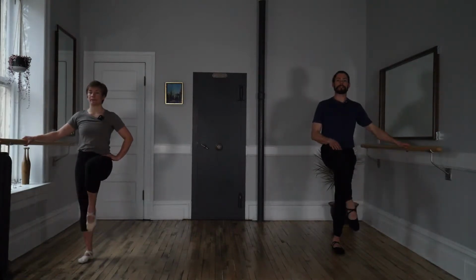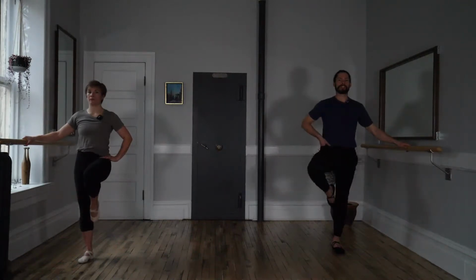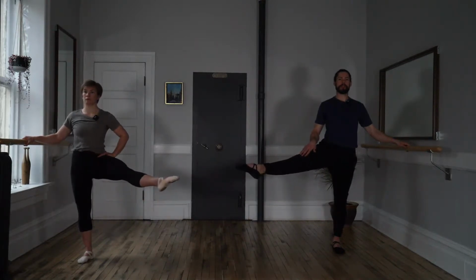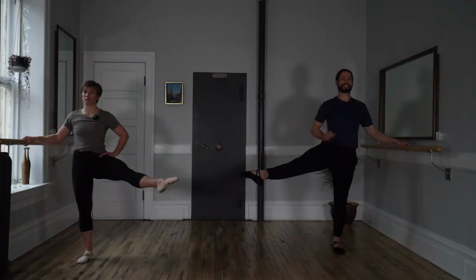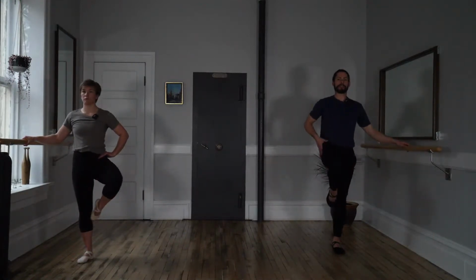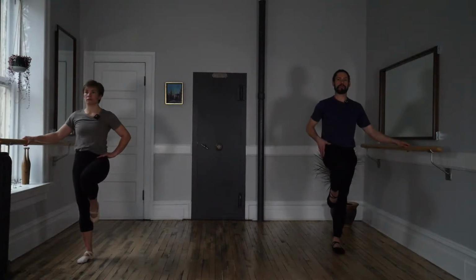Flex the knee with control back. Open to the side and repeat. The knee stays at the same height as we extend and point through the toe, hips forward, leg to the side for 1 more second. Control in and close. Could there be more room where you could flex that hip 1 more degree, and then